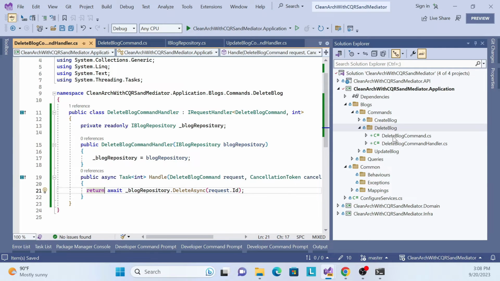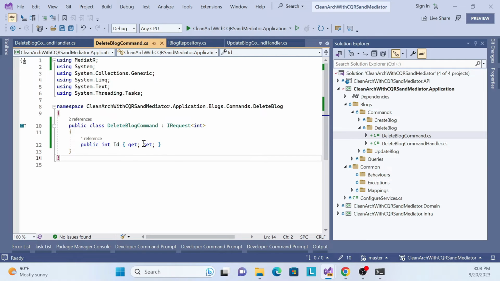So just recap what we have done. Simply, we have to create a command, the delete command, and to the delete command we have to pass